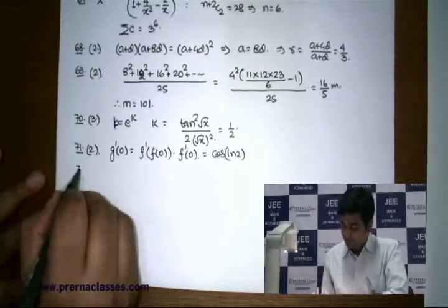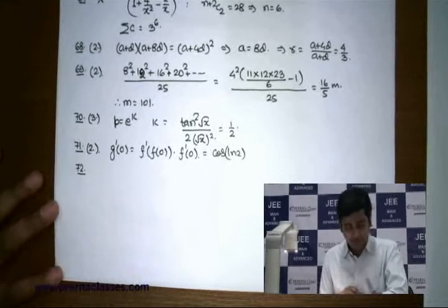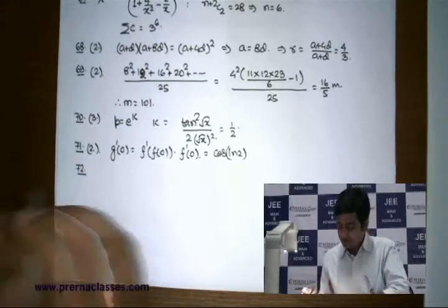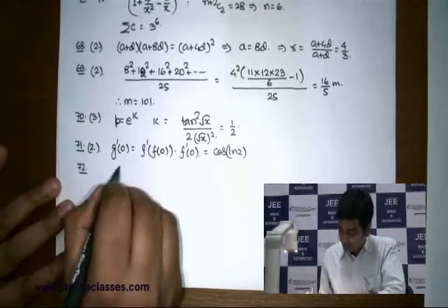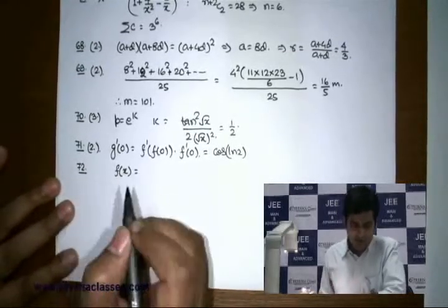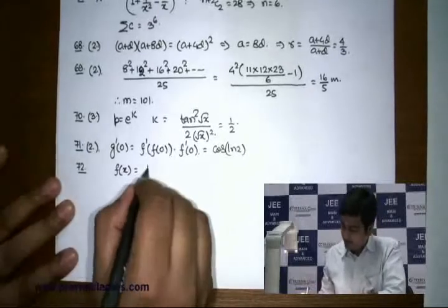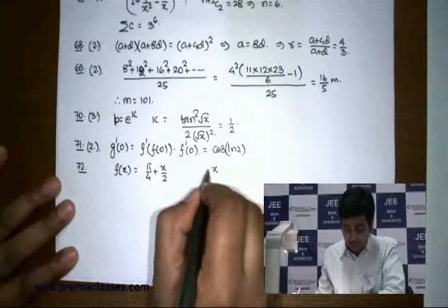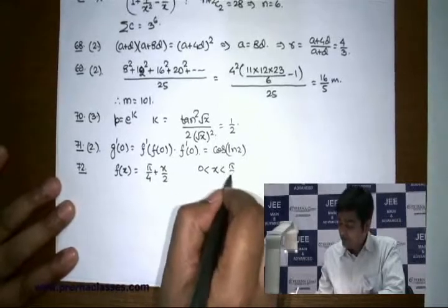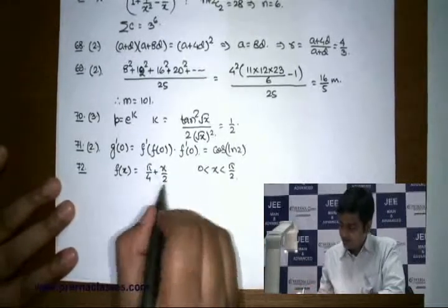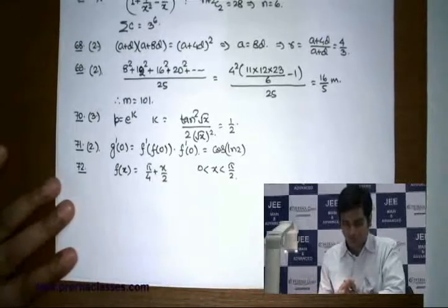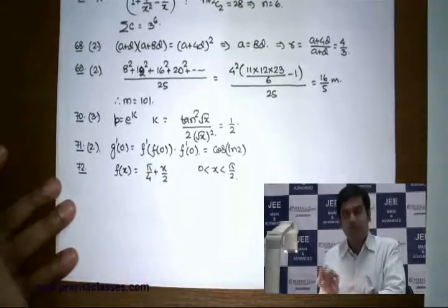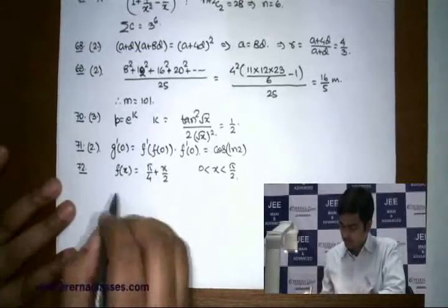In the next problem, that is related with normal and all, when some function is given to you, once you simplify that function f of x, you will find that that function is simplifying to pi by 4 plus x by 2, because since it is given in that problem that x is in 0 to pi by 2 interval, clearly you can check that x by 2 is in 0 to 45. And once that is in 0 to 45, that expression of tan inverse of tan theta becomes theta. That's all it is.